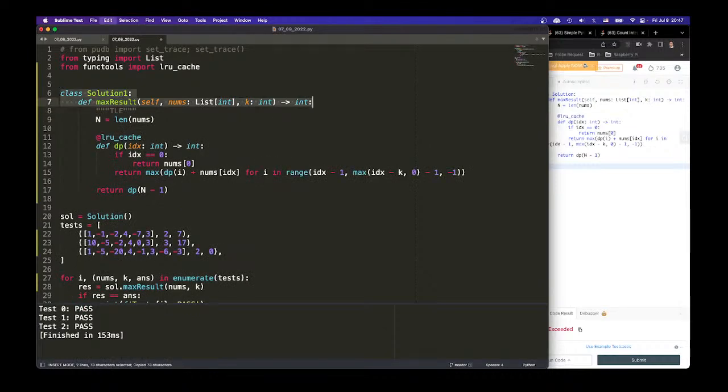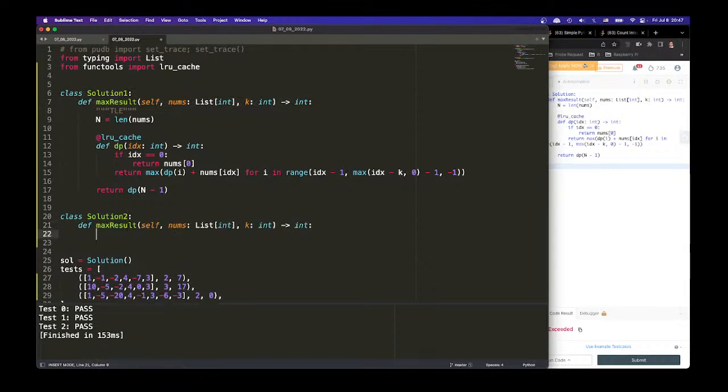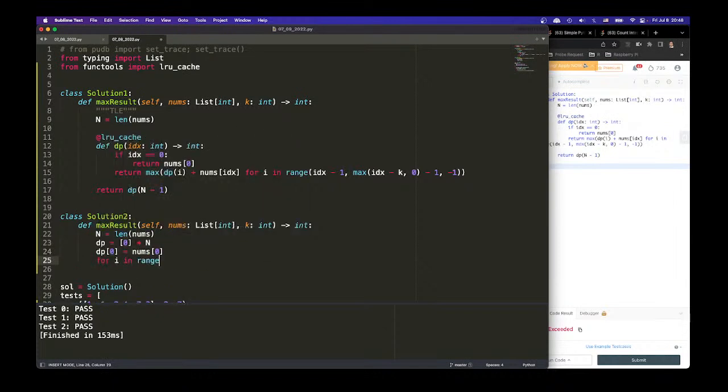Let's try bottom up. I feel like it shouldn't, right? I feel like it shouldn't. And we can call dp equal to 0 times nums, right? And then you can say dp0 will equal to num0, right? And then for i in range 1 to n, for each one,